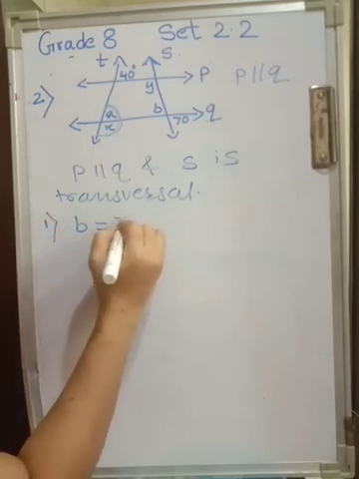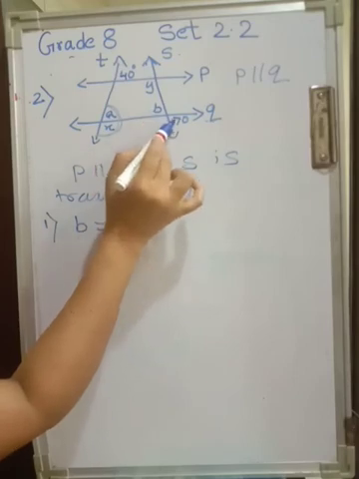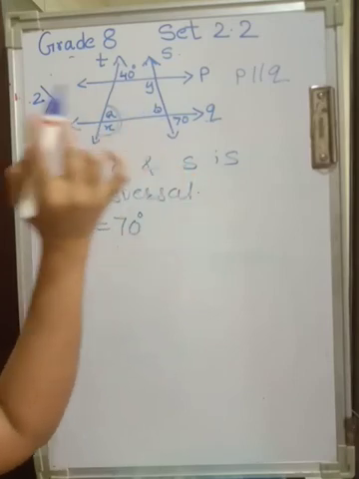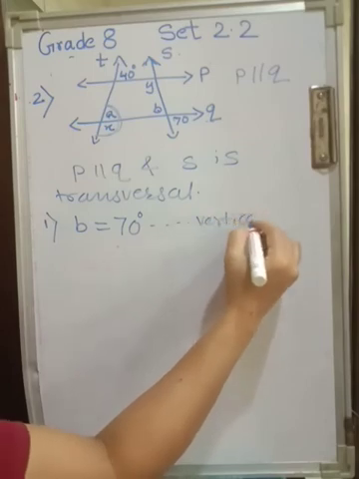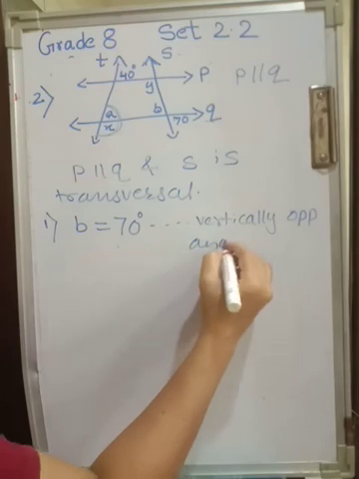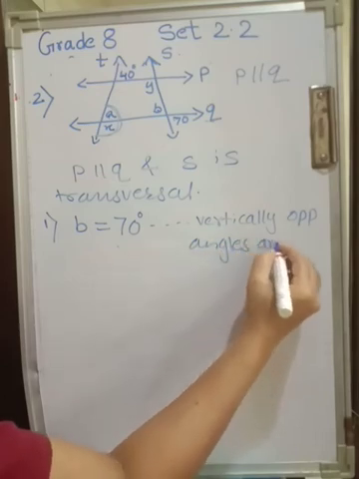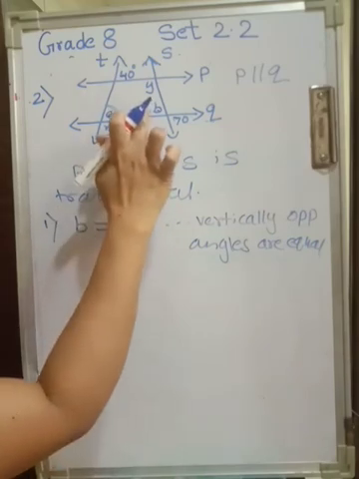B is equal to 70 degrees. What's the reason? B and this 70 degree angle. These two are vertically opposite angles. So we can write vertically opposite angles are equal. So that's the first step. So we got this 40